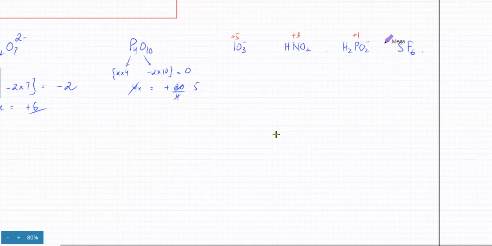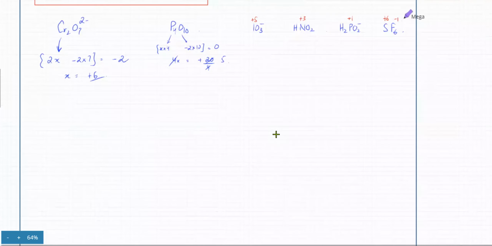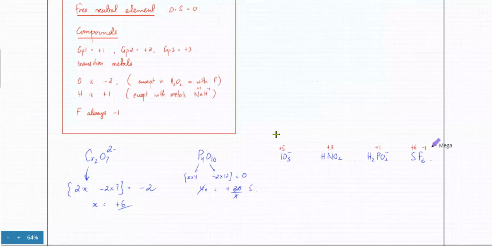Sulfur is +6, because fluorine would be -1. So you can figure out the oxidation states of all the elements, and always remember that in a redox reaction, it's not